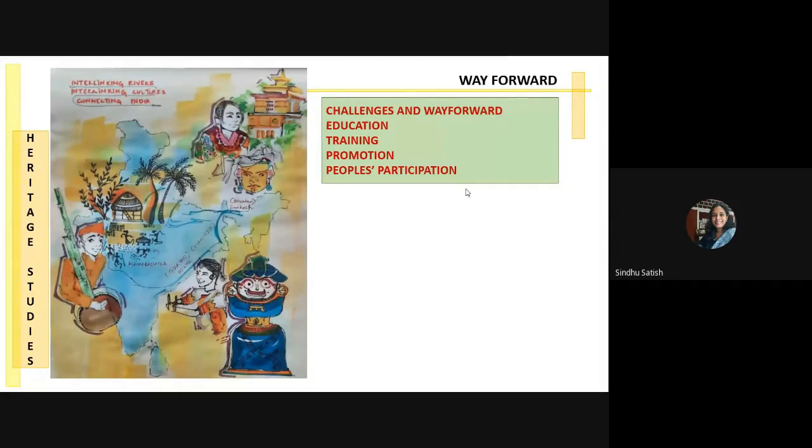Of course, the way forward is something that we always have to look up to, and challenges are immense. Conservation with respect to heritage is not as simple as we all see it. We need to gain a lot of experience and understanding of the depth of the heritage that we need to conserve. With that challenge, the first important point, like it was also mentioned yesterday by one of our participants, is that education is very, very important. I completely agree. And we all know that education starts right from home, and mother is the first teacher for the children, right?